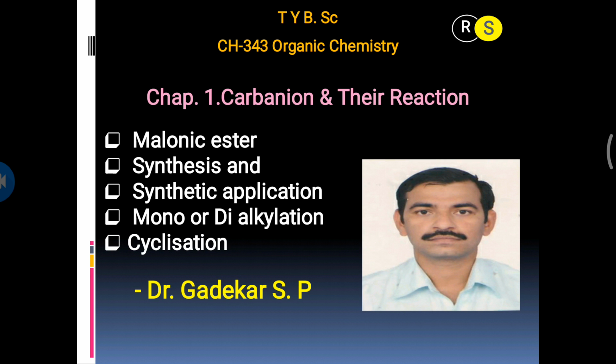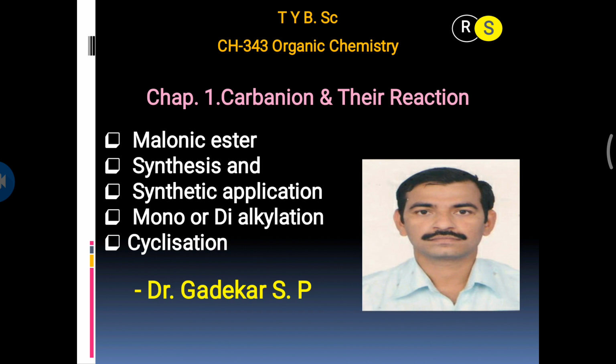Why? Because in the Dieckmann reaction two ester groups are present within a molecule. So the Dieckmann and Claisen ester condensation reactions are similar, but in the Dieckmann reaction, cyclization is possible within a molecule. We also discussed the Perkin reaction, in which we use an acid anhydride to form an acid.